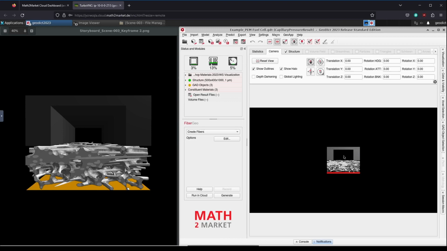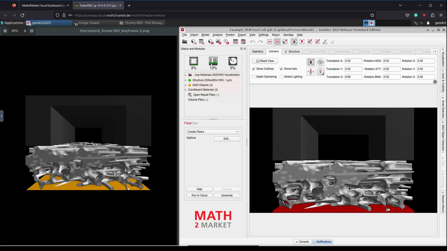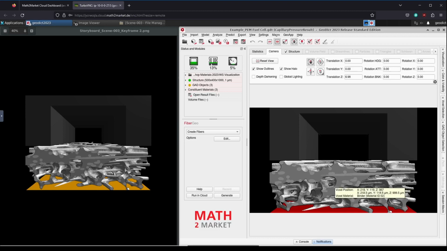Alright, let's align our camera to the reference image. It's a quick and easy process. All we have to do is zoom in. But as we compare our view with the image, we can see that it's not quite right. The float channel appears longer and narrower at the end, and we are not seeing as much of the top of the fibers as we should. No problem, we can easily fix this by adjusting the camera's field of view.